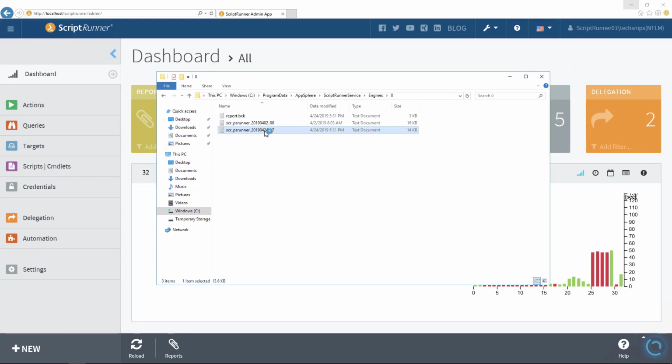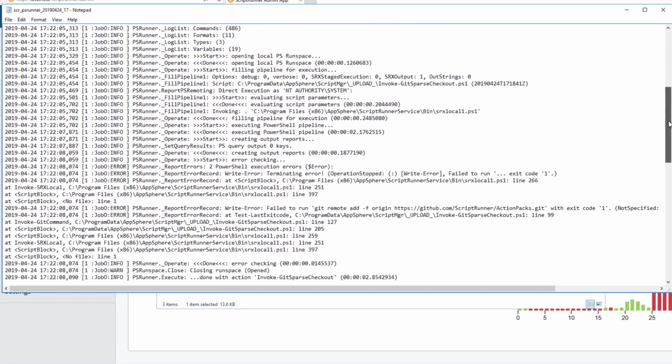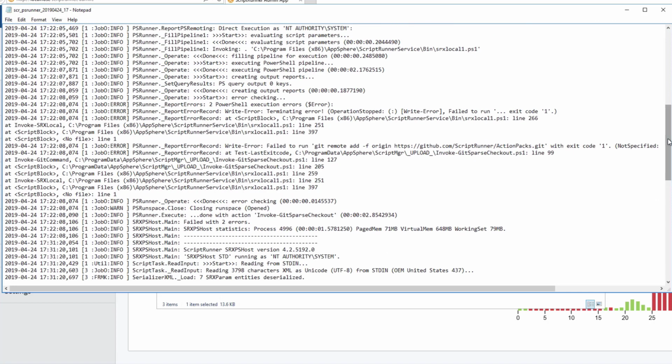And we go in here. If I scroll down a little bit, you can see that there's an enormous amount of data here. ScriptRunner provides some really granular logging data. So notice that it's even down to the script block level. There's a few of those lines there that say script block. So it's actually at the script block logging level, which is pretty cool.